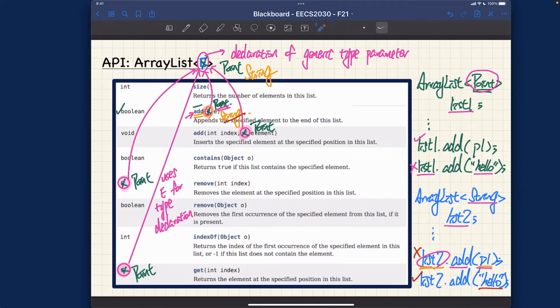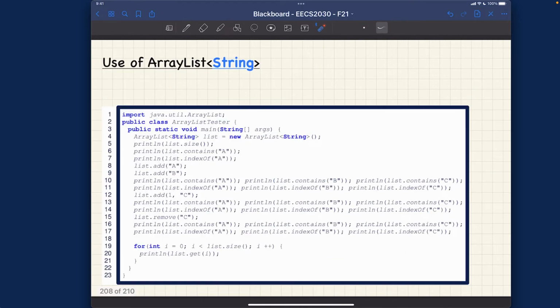On the other hand, for this list2 declaration, the generic parameter E is instantiated by string, meaning that for this add method here, for example, is going to expect string instead, right? Just make sure you understand about this logic over here about declaration and instantiation. And this will be the example code, which I'm not going to go over in detail,